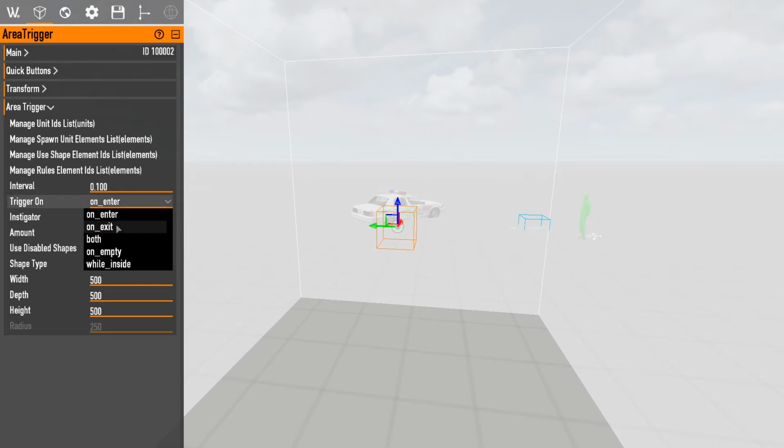Trigger on. So there's a bunch of different settings here. So on enter, if a player enters the area, it'll trigger. On exit, if a player enters, nothing will happen. But if it exits, it'll trigger. Both means it'll trigger when you enter and when you exit. On empty means if there's no players in the area, it'll trigger every 0.1 second. While inside means if a player walks in, it'll trigger every 0.1 second until they leave. Alright, so I usually have it on enter, that's the default, but depending on what you need it for,